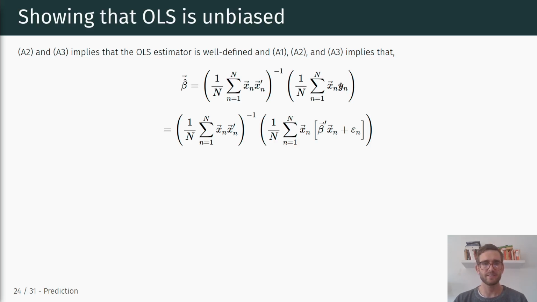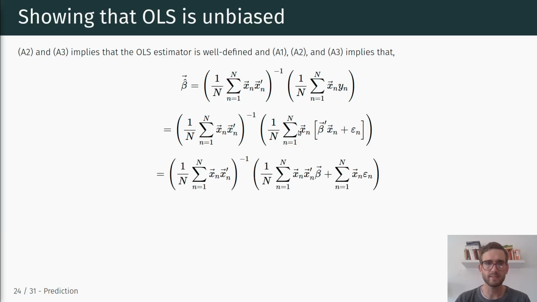We follow the same steps as in the bivariate case. So feel free to go back to the bivariate case video and go through the steps in the scalar case and see how we use the same strategies. What we're doing here is taking assumption 1, which is the underlying data generating process, the linear model in the population that holds for yn, which means we can write this yn as beta prime xn plus epsilon n, right? So we're plugging in our population model for our yn. That's all we're doing here, right?